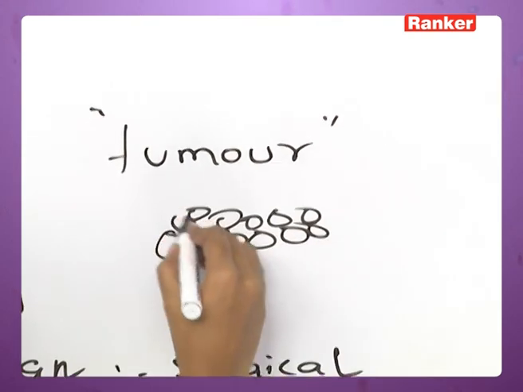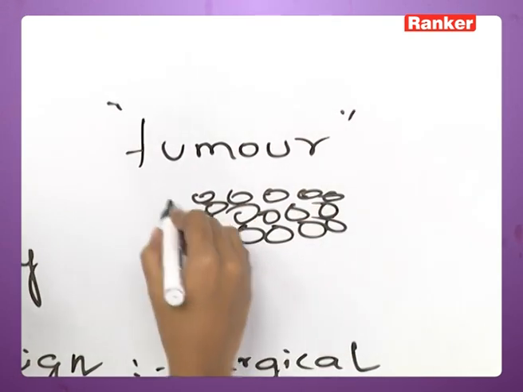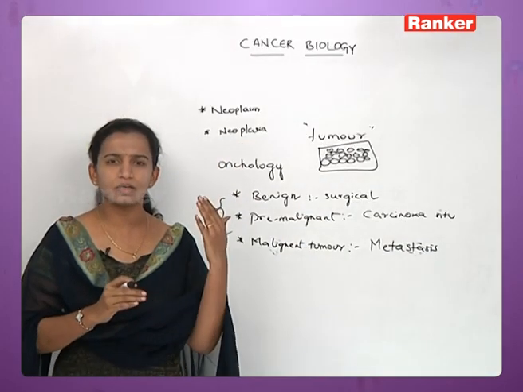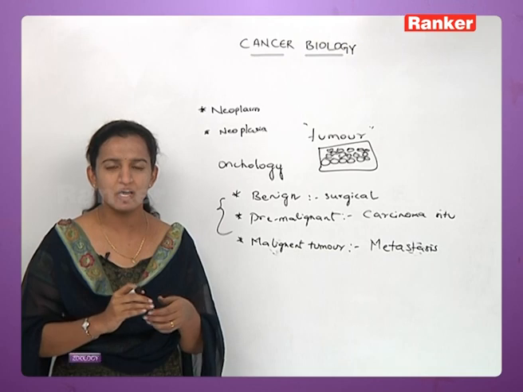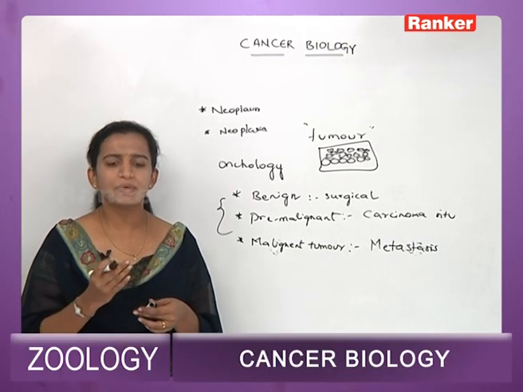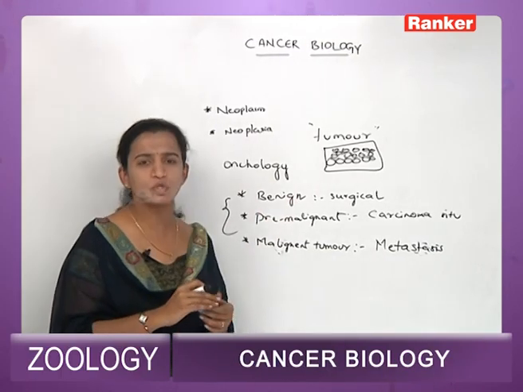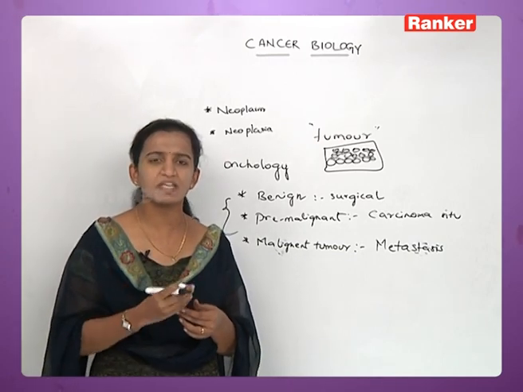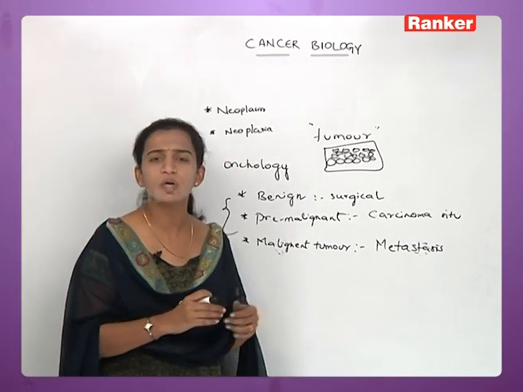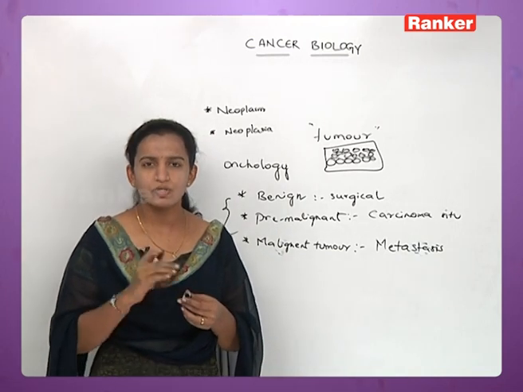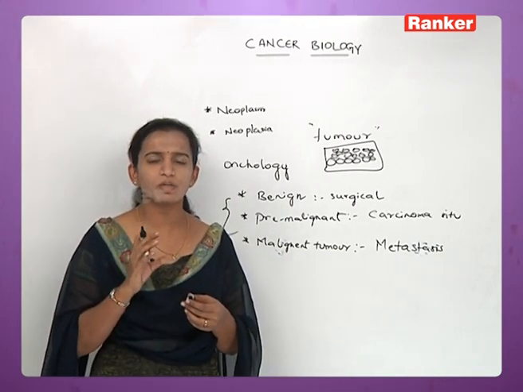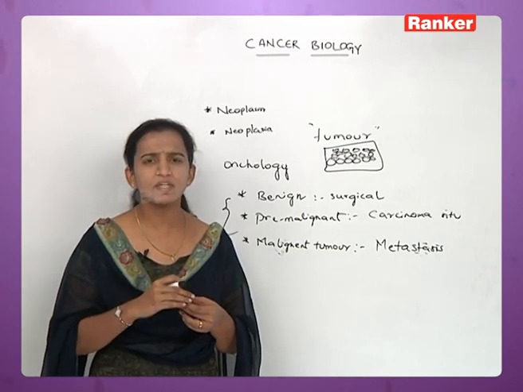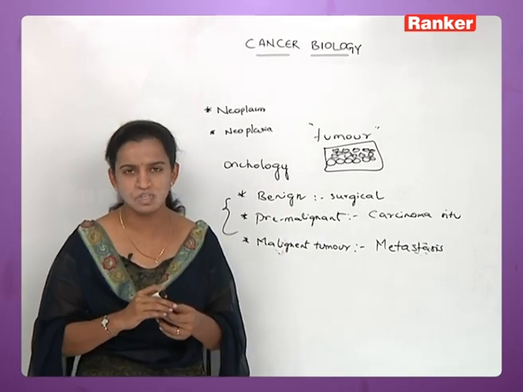Tumor means you can see a bulging sort of thing or a kind of extra growth. Coming to blood cancer or leukemia, what happens there is that the blood is not showing you these kinds of tumors. Blood is containing the cancer, but even though it consists of cancer, it doesn't show a tumor-like structure. Only in blood cancer is the tumor structure absent; in the rest of the cancers you can see these tumor structures.